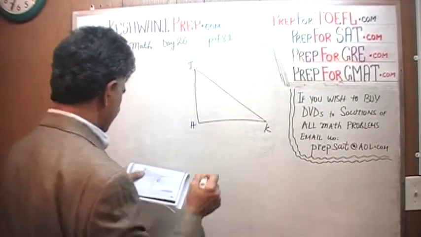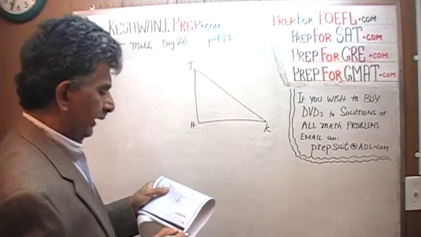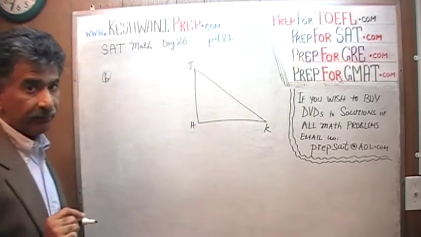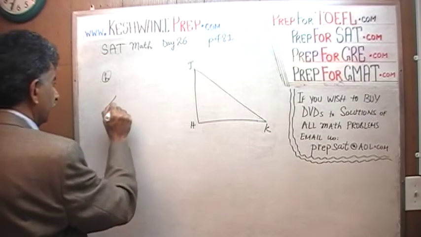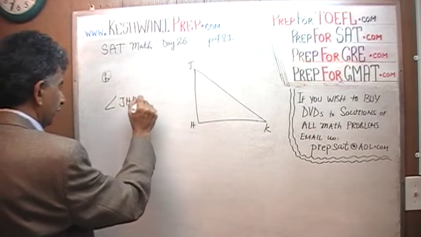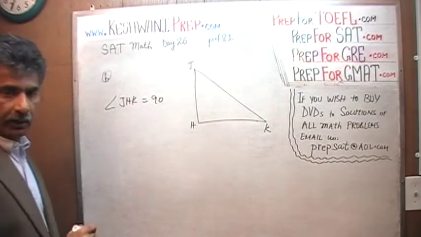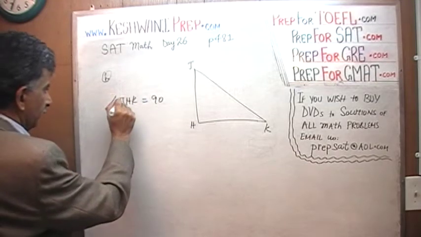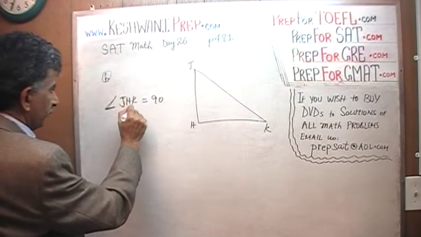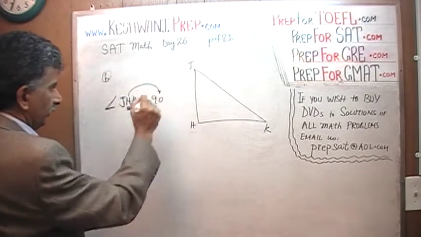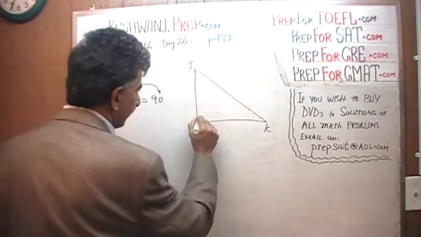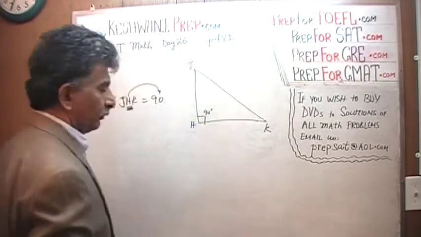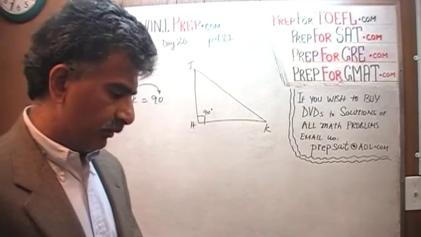In triangle JHK, the angle JHK, now there it does matter in which order we read. The angle JHK equals 90 degrees. The angles are always read like this, angle JHK. Whichever letter appears in the middle, that's what they're talking about, the 90 degrees. This is 90 degrees. And the question simply is, which of the following